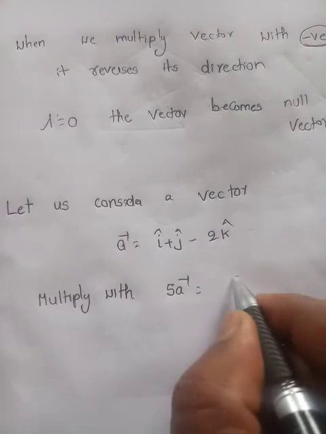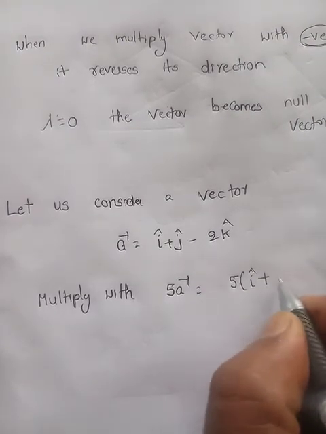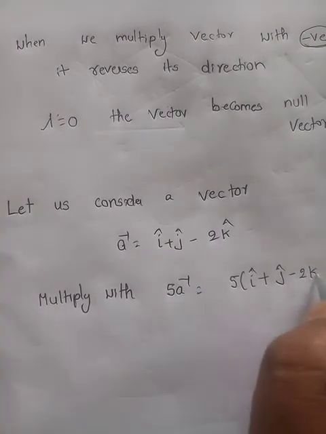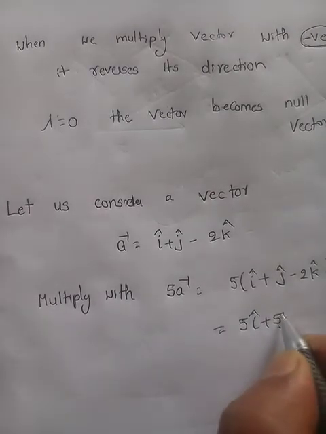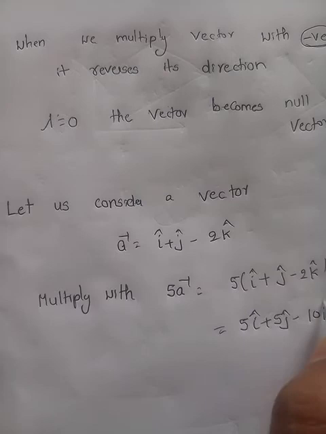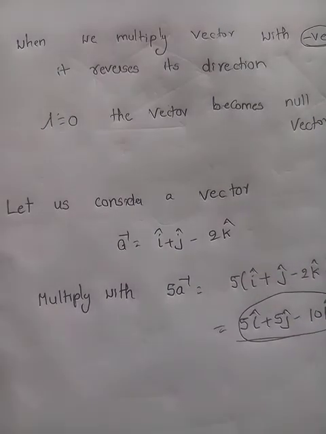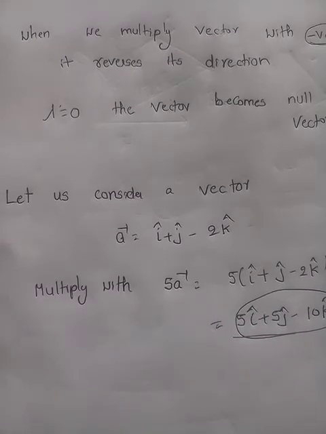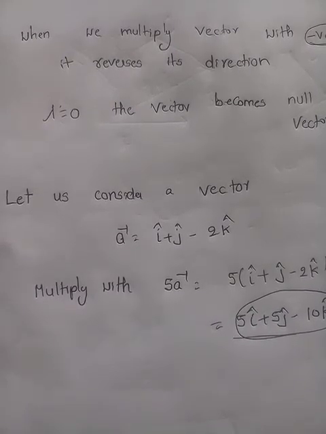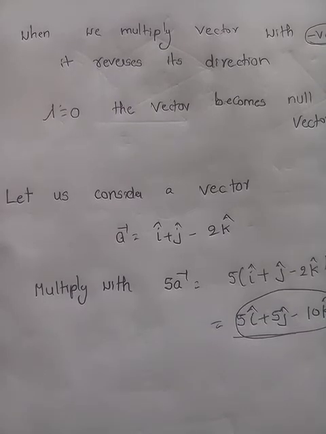So what does it become? 5 into î plus ĵ minus 2k̂ equals 5î plus 5ĵ minus 10k̂. Along each axis we can observe an increase in its magnitude because it is multiplied by a factor of 5. So when you multiply a scalar with a vector, we are observing the change in magnitude but